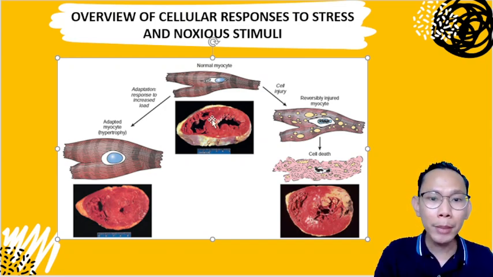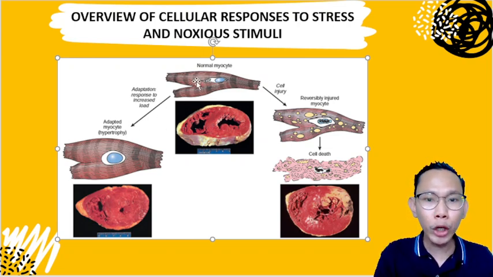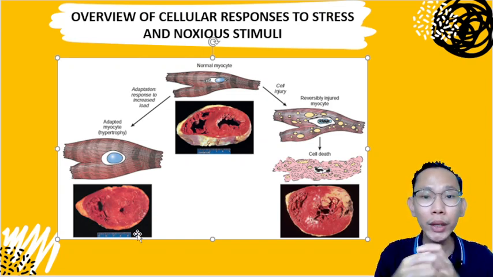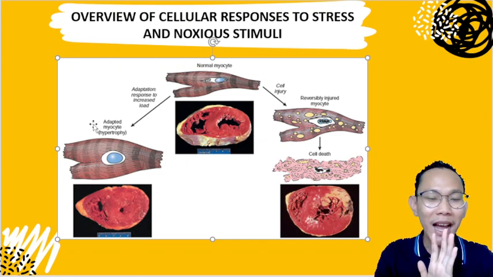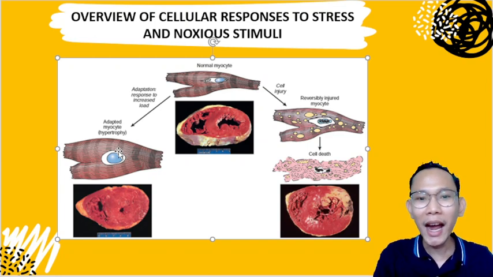That is why, because of that stress na mataas ang blood pressure, what would happen? Your normal myocyte will adapt in response to increased load. Kaya nagiging hypertrophic ang ating puso. As you can see here sa gross, the left ventricle is hypertrophied or lumalaki to compensate for the increased blood pressure. This part will be tackled again by Dr. Ian. Ang ating main goal here is to discuss about the cell injury.